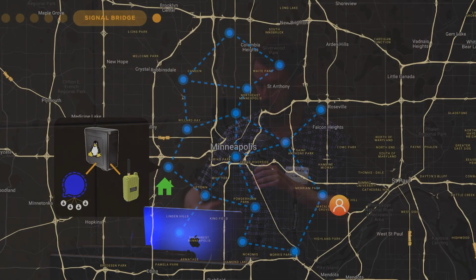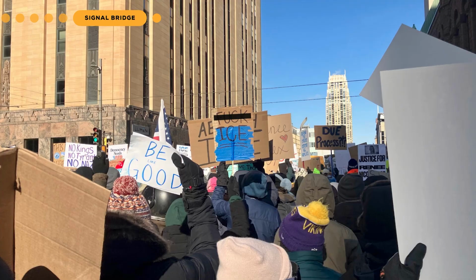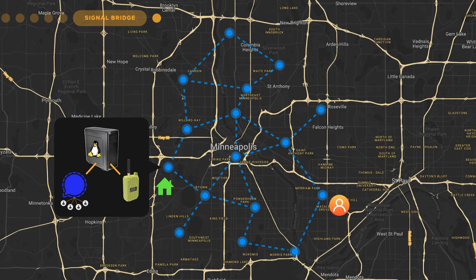What happens is, I might be over on this side of town, not by my house, doing things like this. If I want to talk to my friends who are on Signal, I would send my messages through the Meshtastic private group. Those messages would find their way back to my host at home. It would do the translating, and then it would relay the messages back and forth and use the mesh as the infrastructure to talk between Meshtastic users and Signal users.